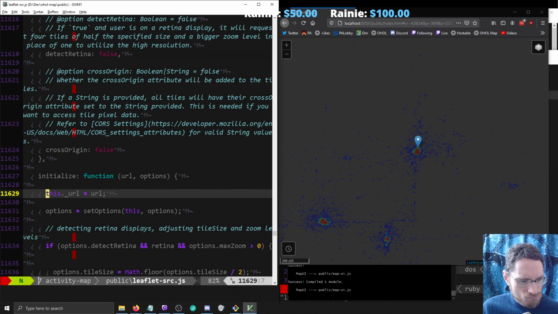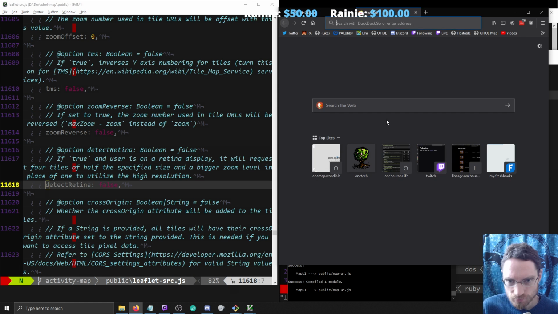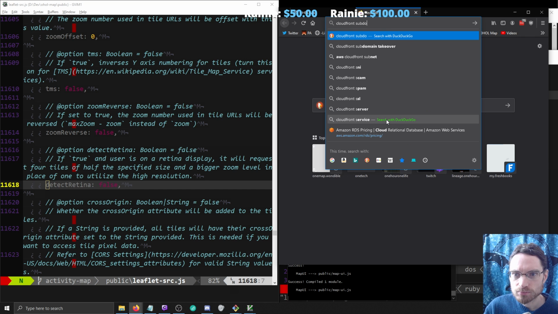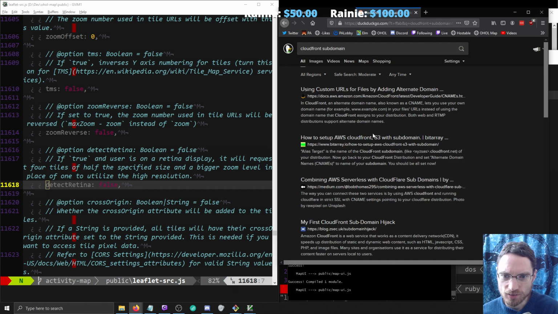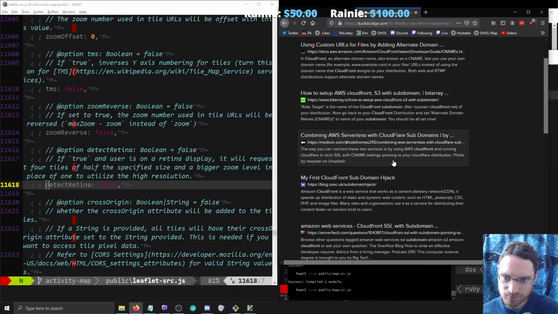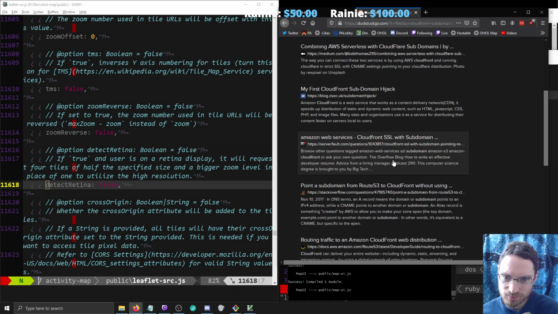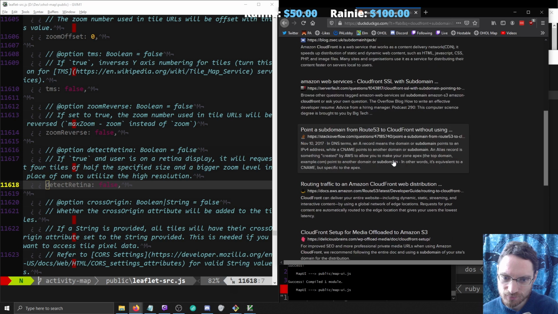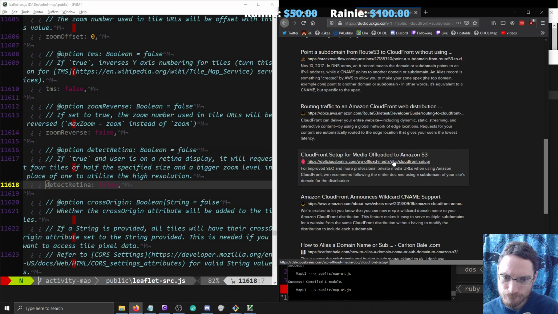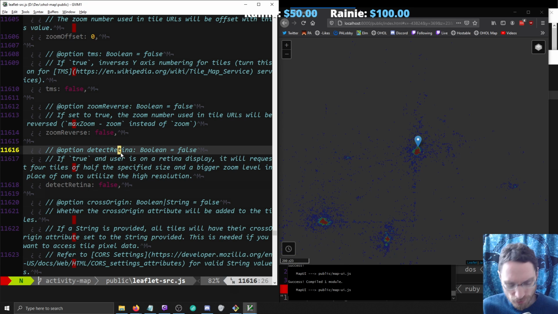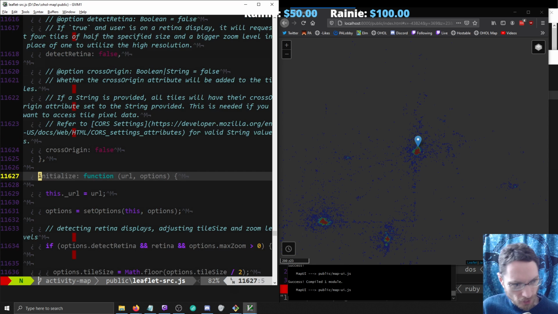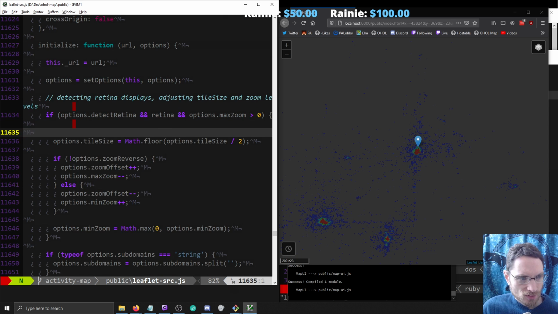Huh. I wonder if CloudFront does the subdomain thing. Well, that's subdomain takeover. Alternate domain names. No, that's set it. Subdomain hijack. Yeah, maybe that's all taken care of in the back-end stuff. That used to be for a number of concurrent connections. I don't know if that's still a thing. I don't think it's going to be